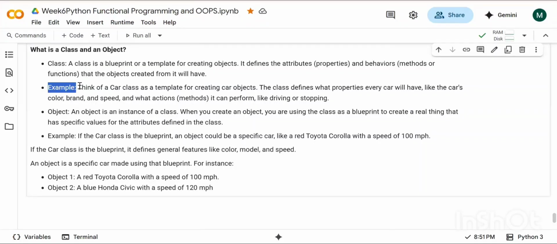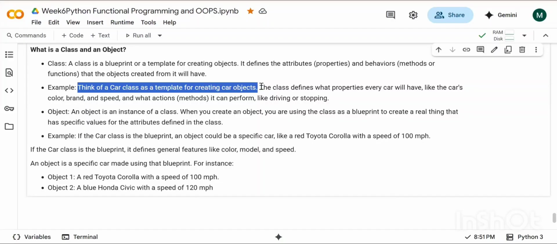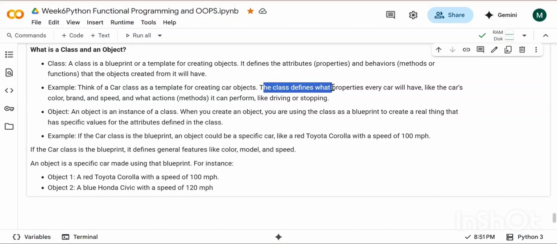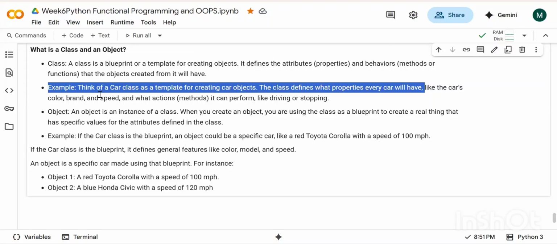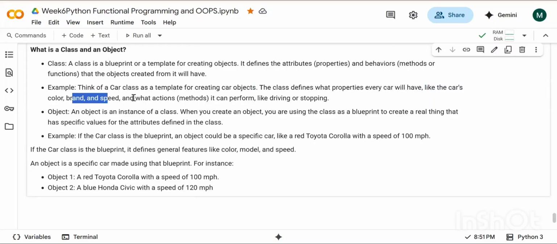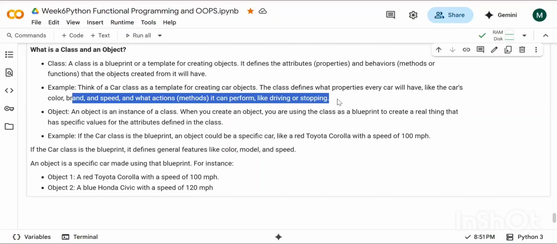For example, think of a car class as a template for creating the car objects. The class defines what properties every car will have, like the car's color, brand, and speed, and what actions, the methods it can perform, like driving or stopping.